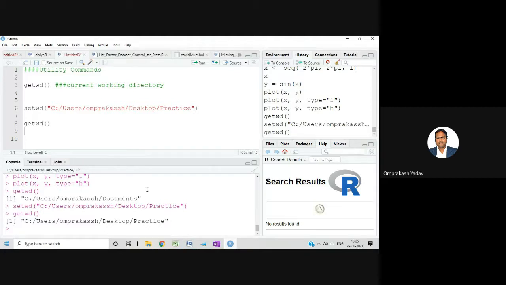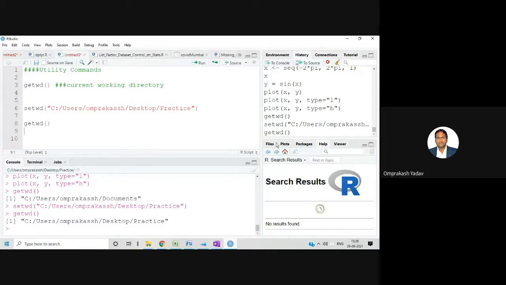Is this thing clear? This is very, very important. First of all, you should always create one folder, and whatever stuff you want to do, you can do in that particular folder. Or if you're creating any project folder, then you set that particular directory as the current directory, so that whatever stuff you'll be doing, the related stuff will go inside that particular folder.